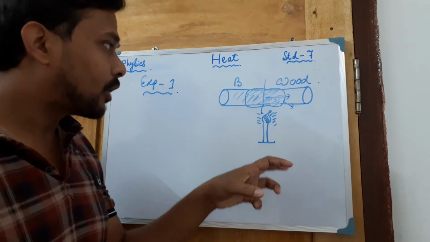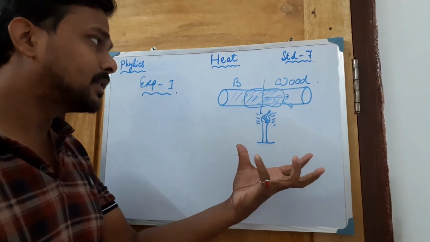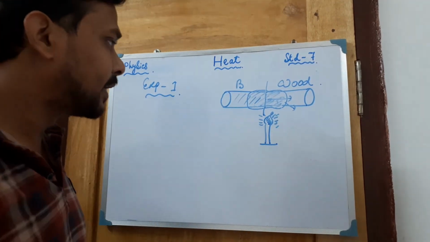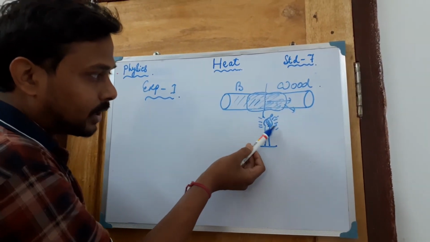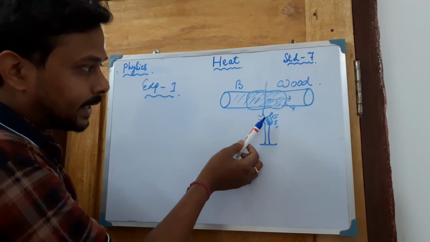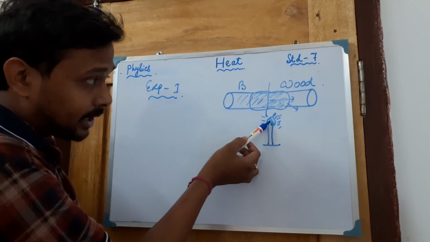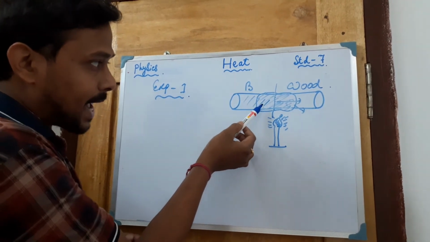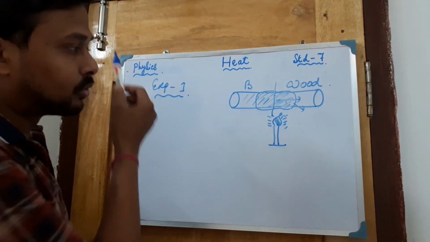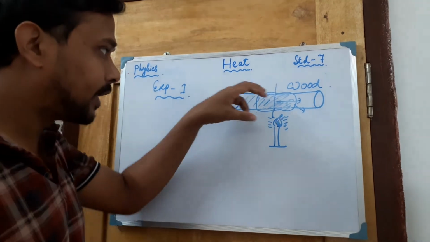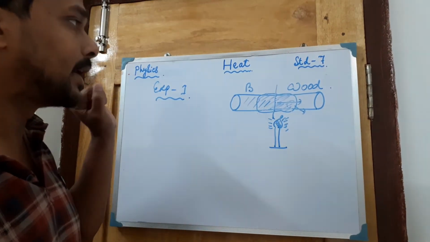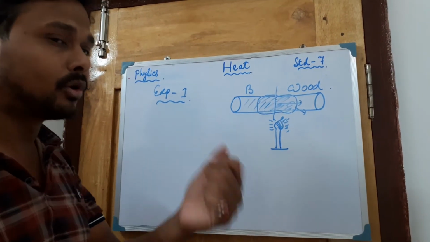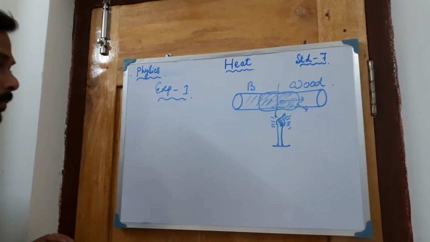Whenever it is accumulated within this region, what will happen to the paper? The paper will definitely burn. And on this side, when you do the same process, the heat will come to this side, and it will get a path to propagate, isn't it? It will get a path to propagate because brass is a good conductor of heat. So heat will pass in this way, and this side paper will not burn. This is experiment number 1.